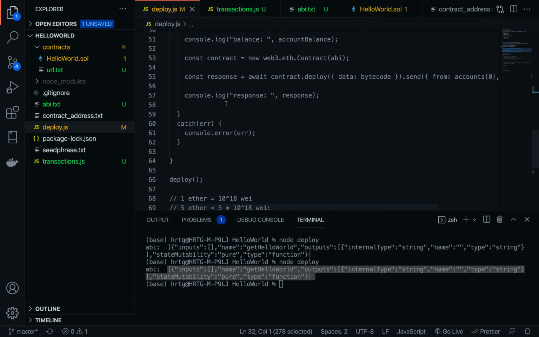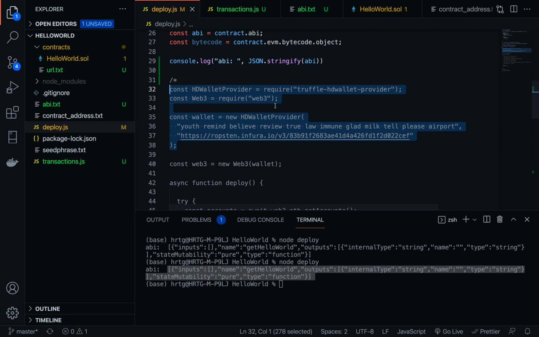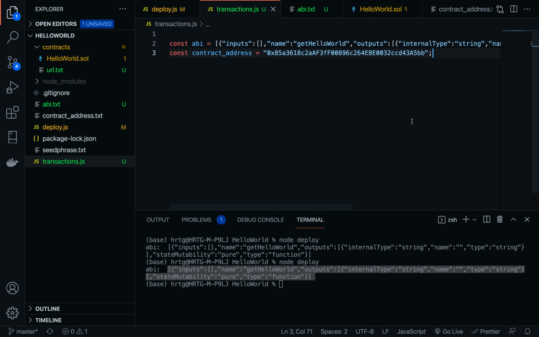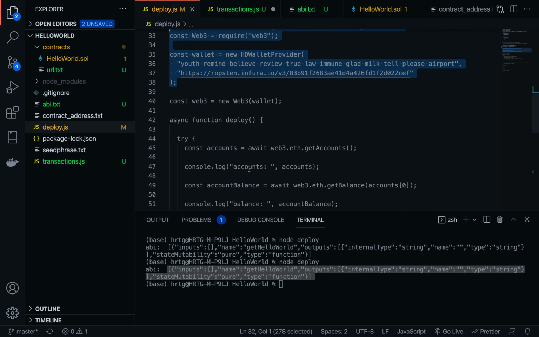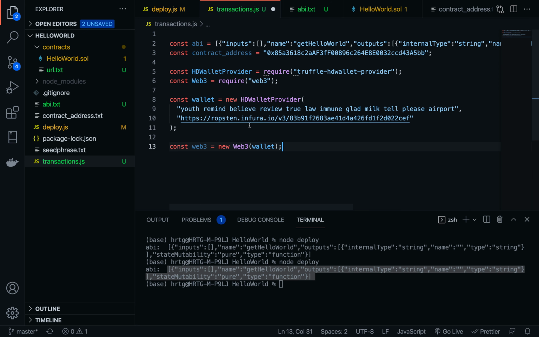next we are going to replicate some part of the deploy.js file. I'm going to copy this part, const HD wallet creator and web3. I'm going back to my transactions.js, and I'm going to paste it here. Perfect. So this is the Ropsten URL which we got from the Infura website, and this is our seed phrase to our wallet. You can find this in your MetaMask browser extension. Next we are going to copy this line, const web3, and paste it into your transactions.js file,